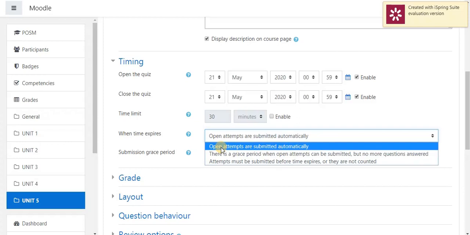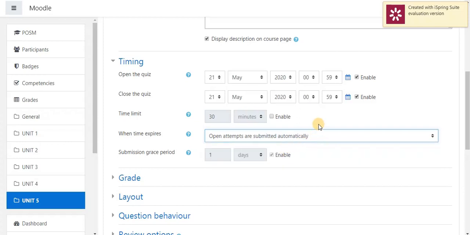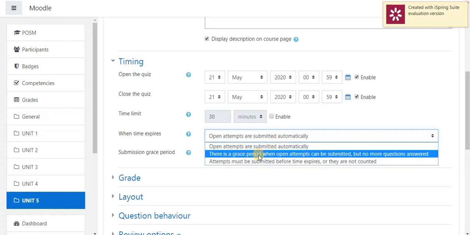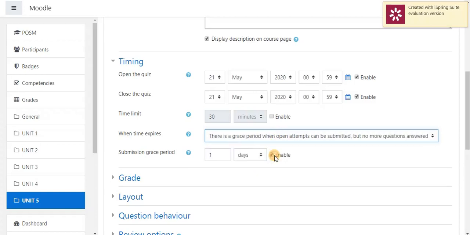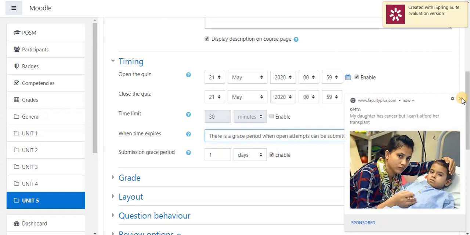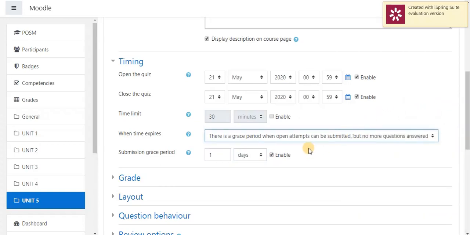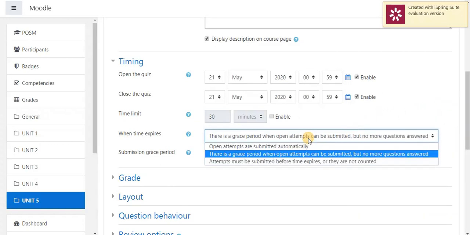If I select open attempts are submitted automatically, then after the quiz time ends, it will be submitted automatically. Then it will be considered for its grade. If I select grace period, I can give a grace period for the attempt of the quiz.